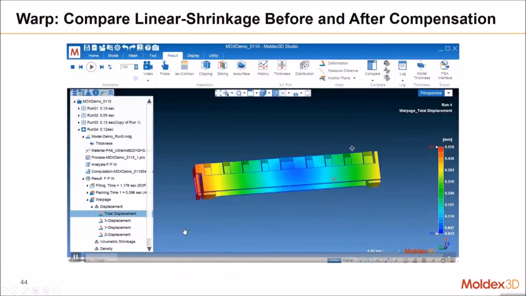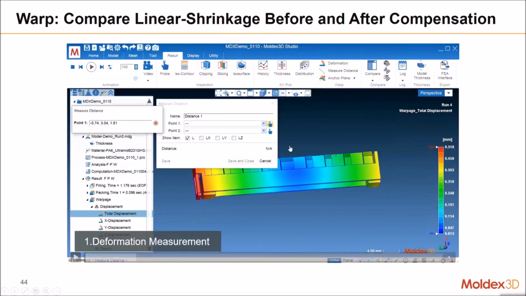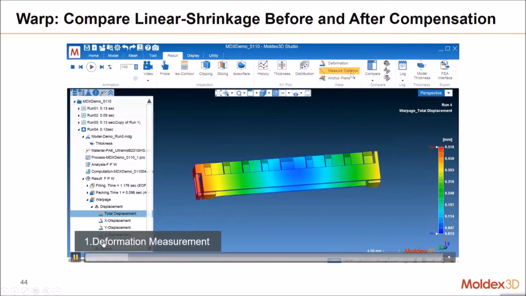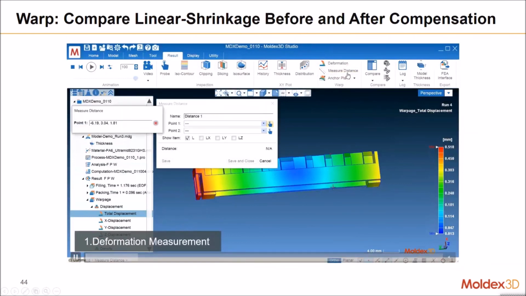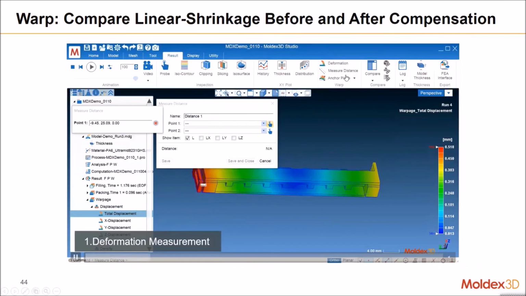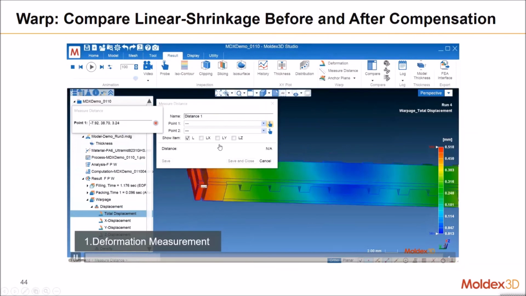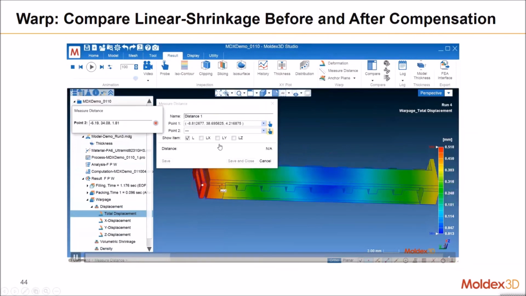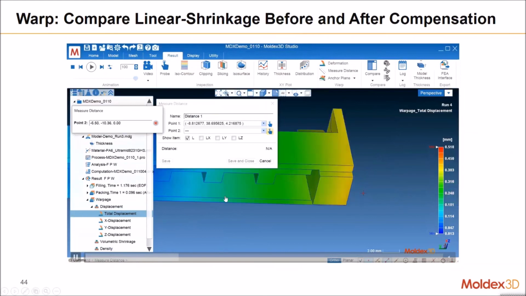The first step, we have to open the warpage results, click the total displacement, and use the measure distance function to select the two points you want to measure. In this case, we select from the left to the right.